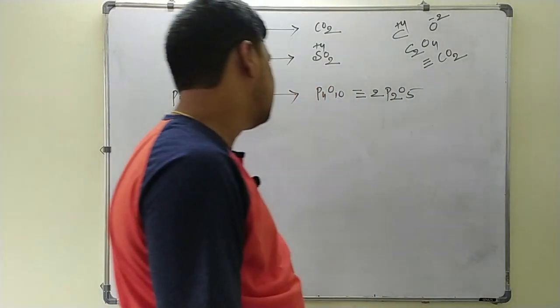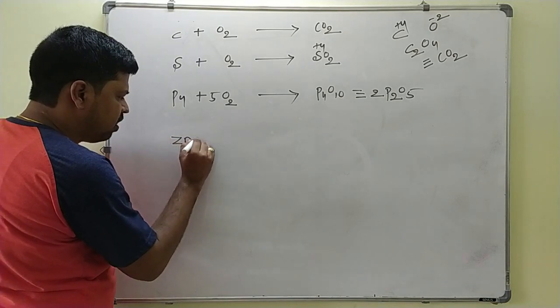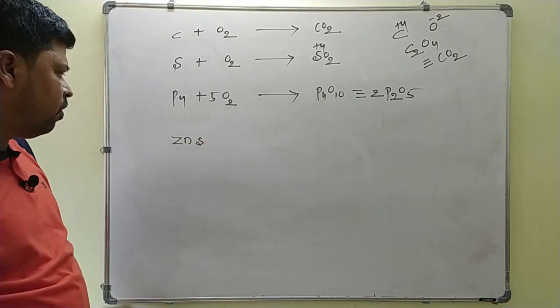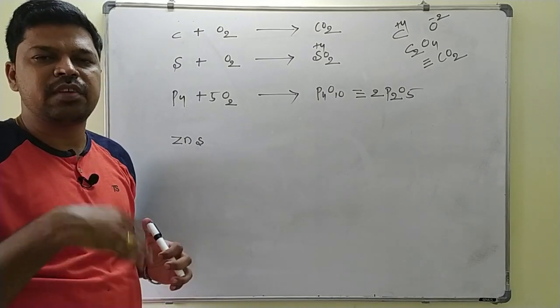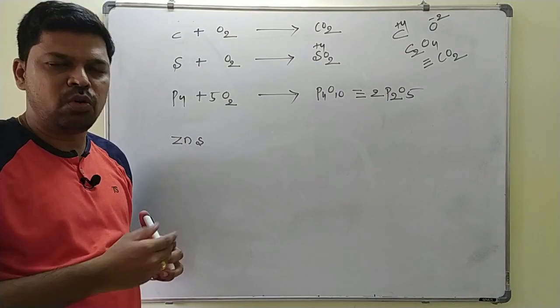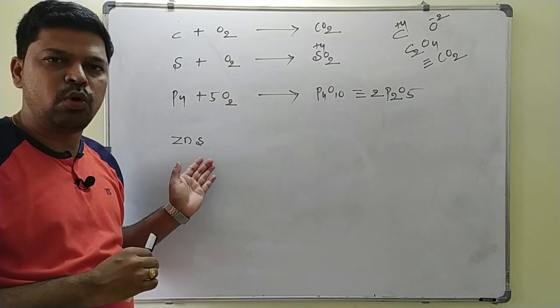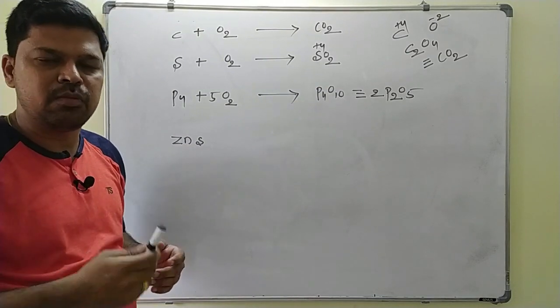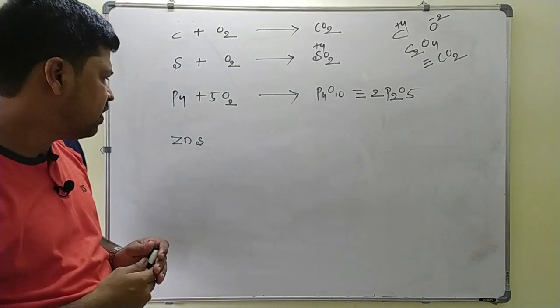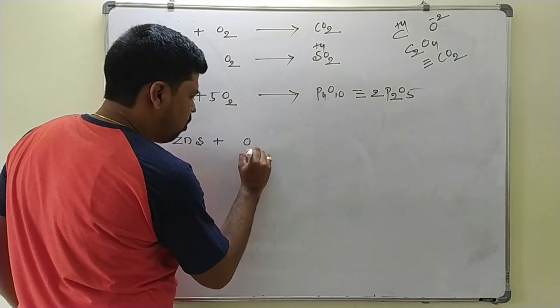We will write the reaction with the compounds. Suppose I take zinc sulfide, this you already know from the isolation topic. This is nothing but conversion of sulfide ore into the oxide, that is roasting, that is heating the sulfide ore, the concentrated ore, in presence of oxygen to form what? Oxides, because oxides are easier to reduce as compared to sulfides, you know that one. So this combines with oxygen.